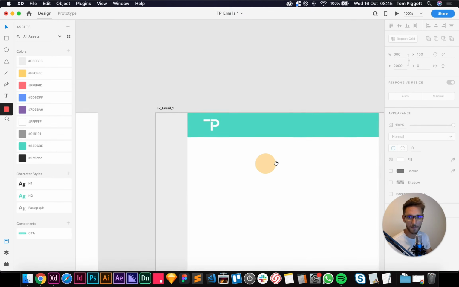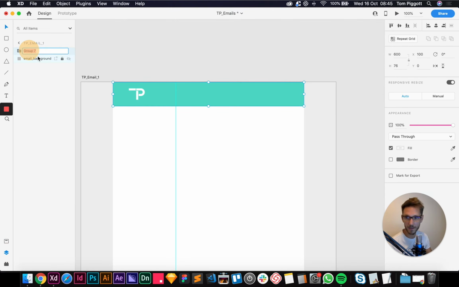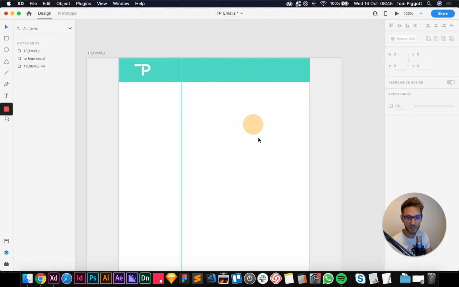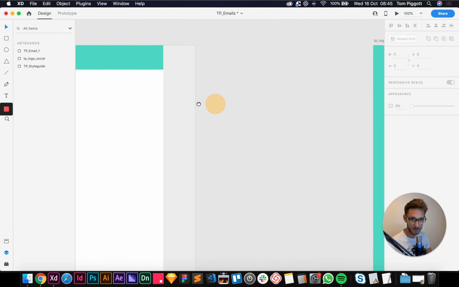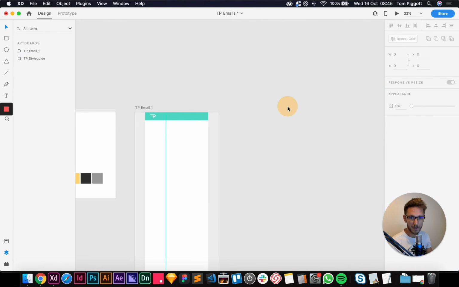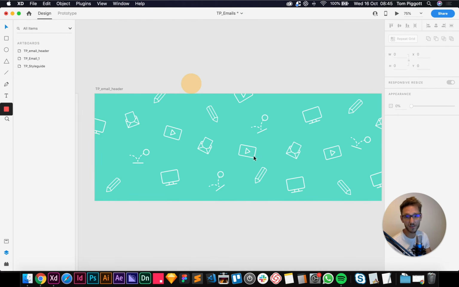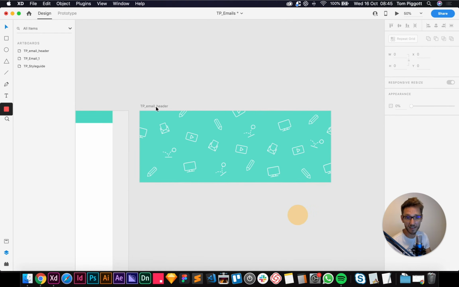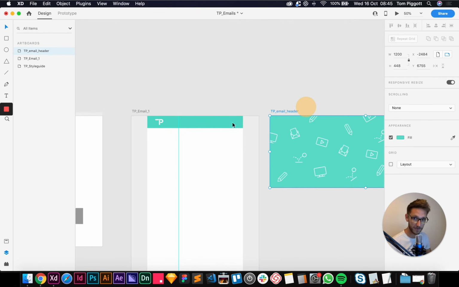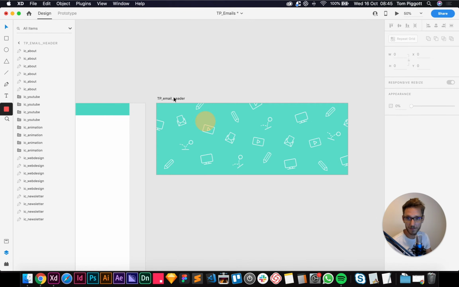So there we go. There we've got a little logo strip at the top, so I can drag around those, group that, come to my layers, and just call this logo bar. And then I actually designed a header earlier, so I'm just going to copy that in. We don't need my logo anymore, we can delete that, and if I paste this in, so TP email header, this is just something where I took the icons from my website and laid them out here. I quite like that as an email header, so I'm going to copy that. Oh, I'm not going to do that, what am I going to do?